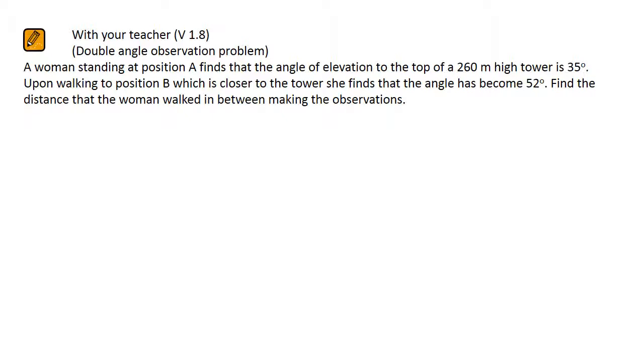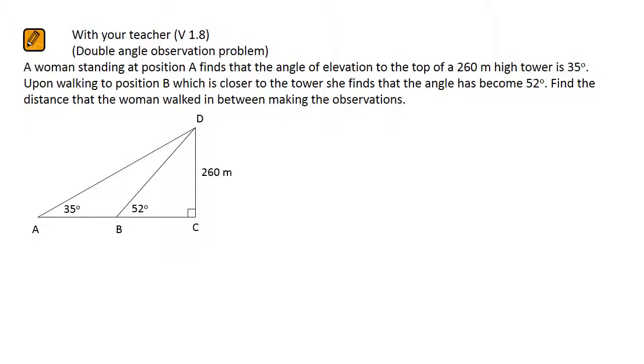Start by drawing a diagram. It should look something like this. Our job is to find the distance from A to B, and the strategy is going to go something like this. First of all, we notice that the distance AB that's required isn't even in a right-angled triangle. Now, the trig we've been doing so far deals with right-angled triangles. So what we're going to have to do is look at other triangles in order to try and find out